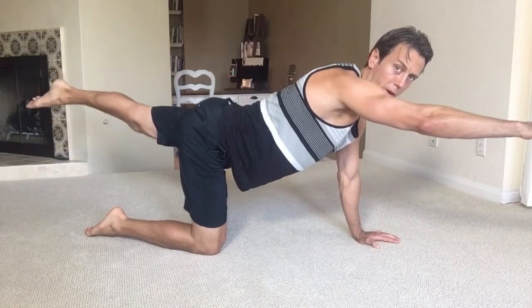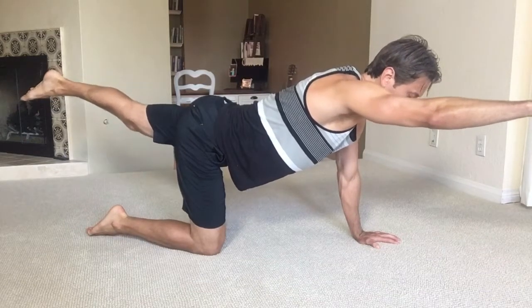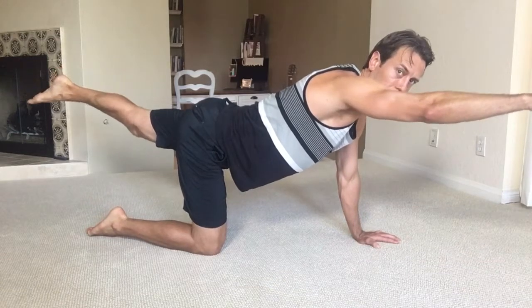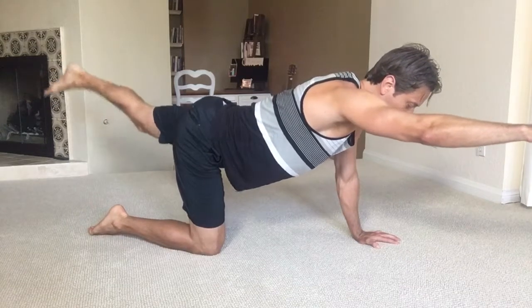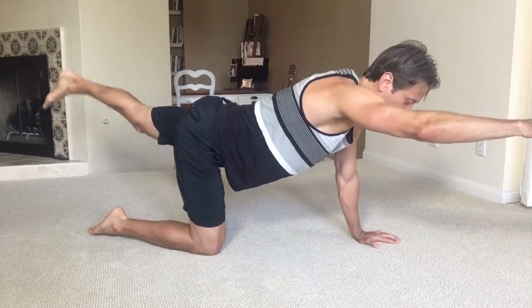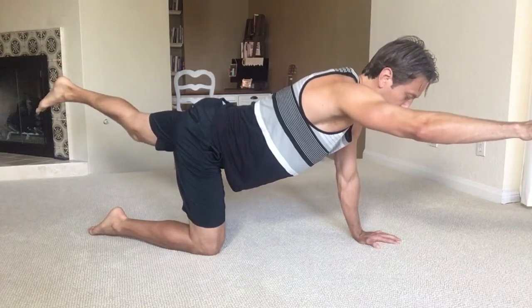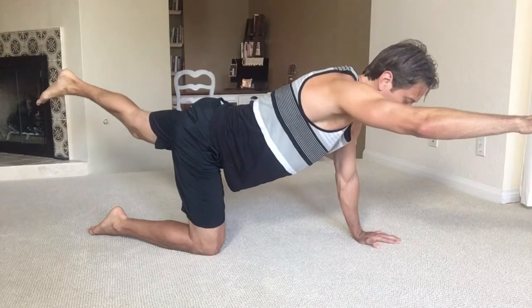Now, a little word here. So really point that back toe, point that arm, don't let it fall down. Once this starts getting a little easier, then we can start playing with it. So we can start doing little circles with our back leg. You could write the alphabet, so work on the dexterity of the hip muscles. So writing an A with your toes and then a B, you could take that through the whole series. But the idea is you want to get at least 30 seconds on each side